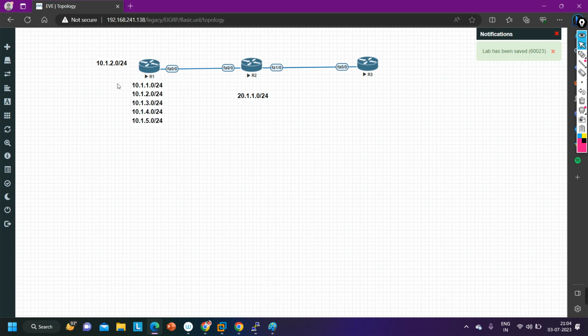Let's say router 1 has these prefixes, but I want to advertise only, let's say, the upper 2 or 3 prefixes. We can achieve this with the help of manual summarization as well. The other benefit is, let's say router 1 is advertising all these prefixes individually, right? And if a particular network from here goes down, router 1 will generate what? A query message, yes or no?